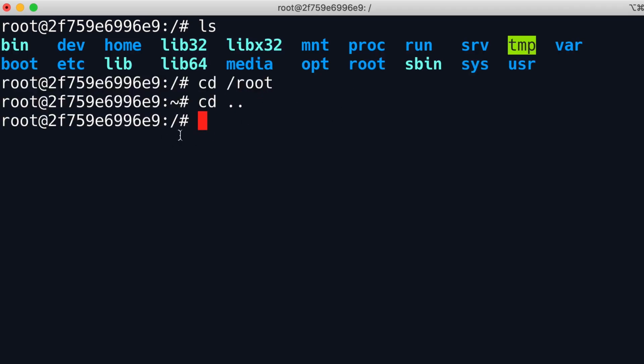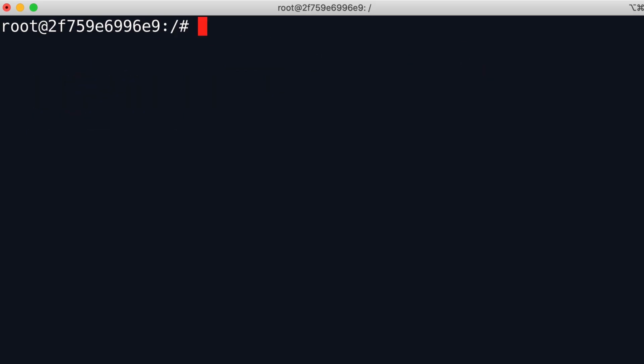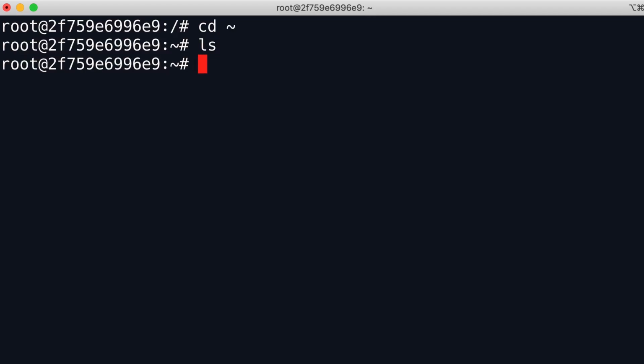So I'm currently in the root directory. To get to my home directory, I can type a tilde, and this applies to all users, not just the root user. Whenever we type cd tilde, we go to our home directory. Now, right now, there is nothing here, but in the next lesson, I will show you how to create some